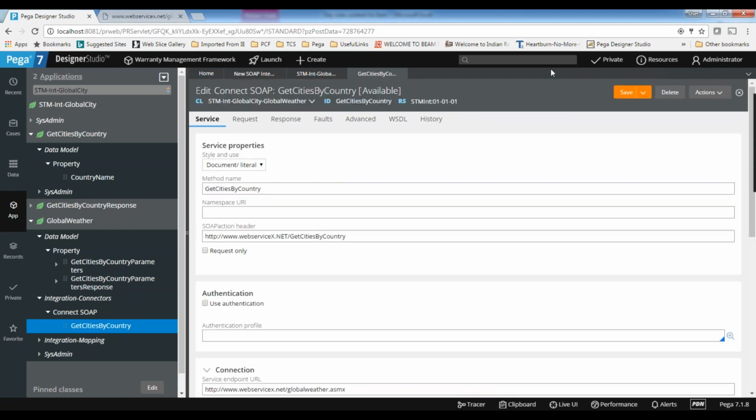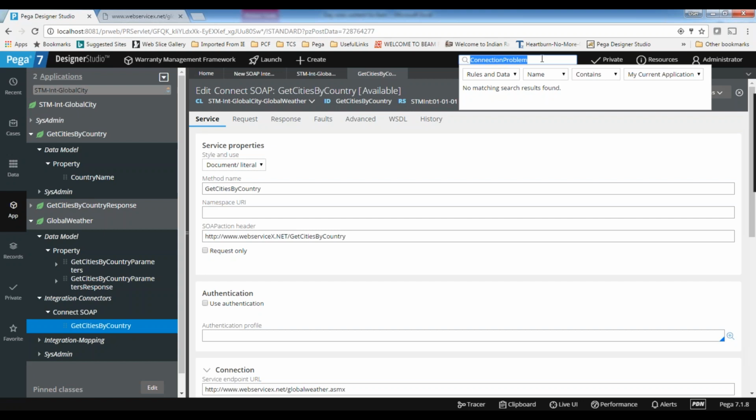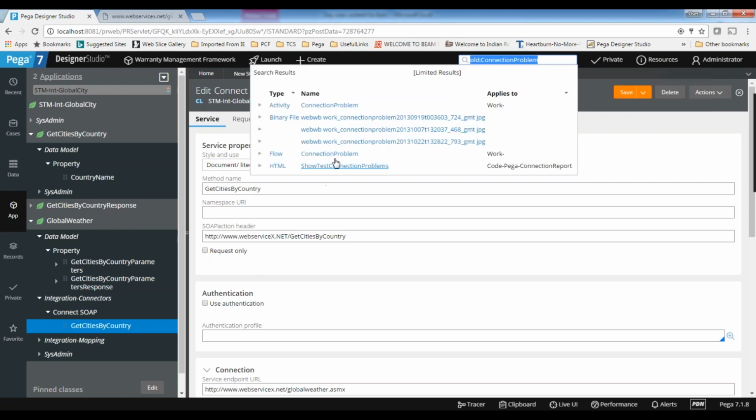What this flow rule will do is, when the service is not available for some reason, it will try to reconnect 5 times within 30 minutes. There will be a time gap across all 5 attempts, and within 30 minutes it will try to connect to the same web service.